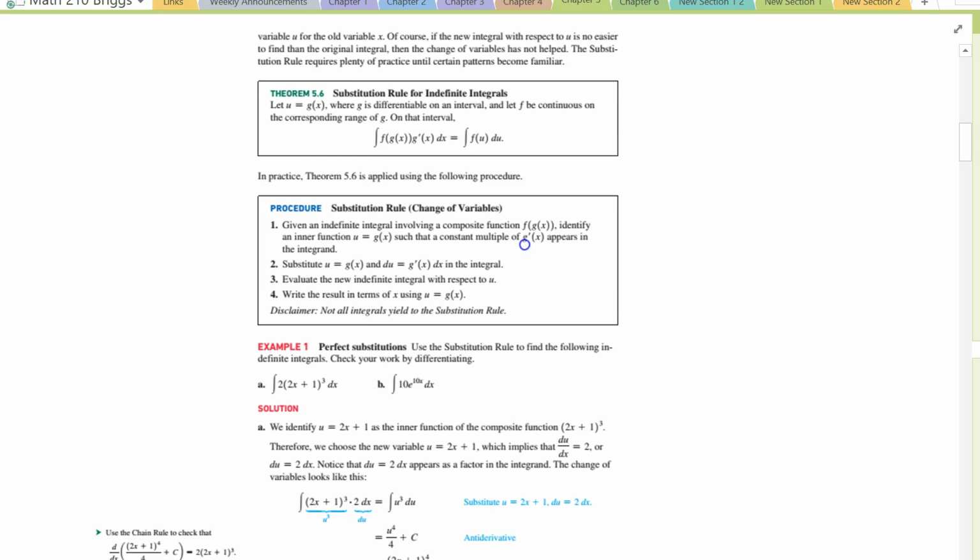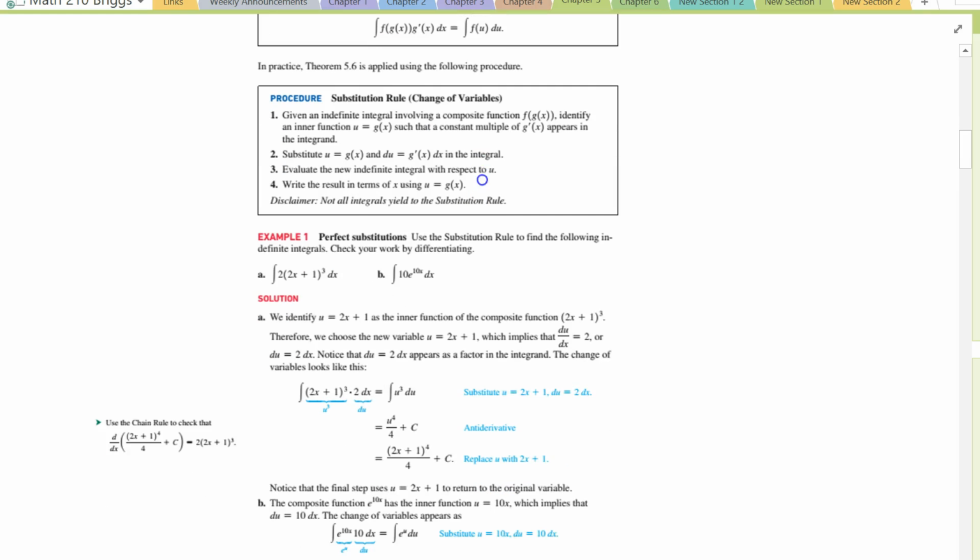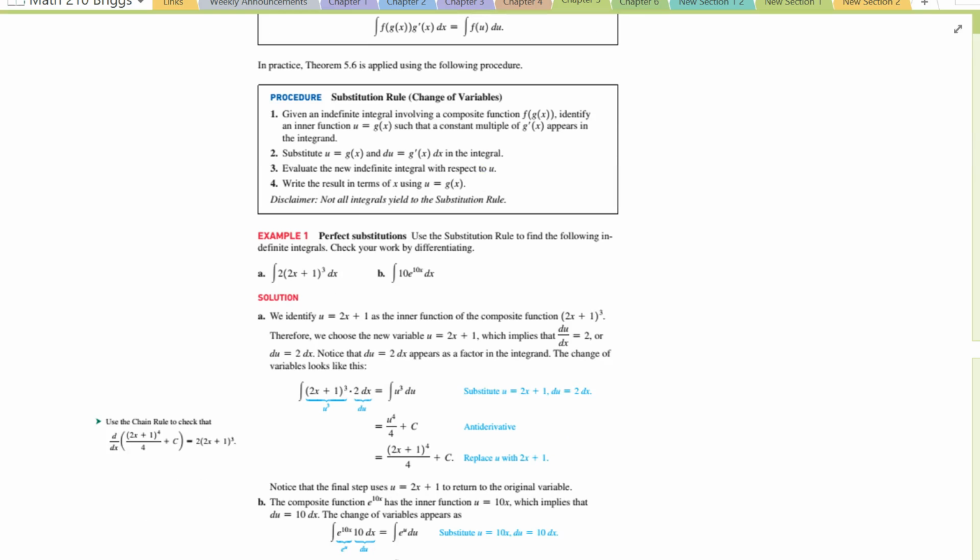is a composition involving another function. So let's just look at this example here. I could expand this out and use the power rule, or I could just let u equal 2x plus 1, and then du would be 2 dx. So I take the derivative of u on the left-hand side and the derivative of x on the right-hand side,